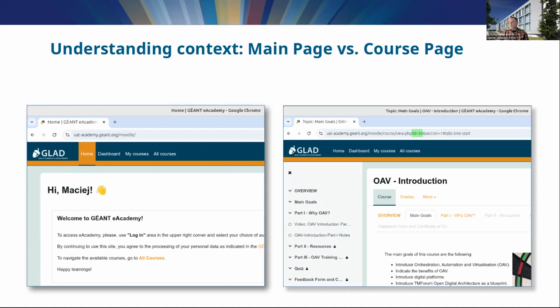In this context, the chatbot should be able to answer general questions about the platform, its features, and how to use it. It should assist with navigation by guiding users to specific course pages, and it should promote specific features or courses by suggesting relevant content based on the user's interests.